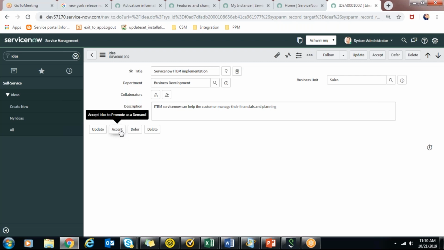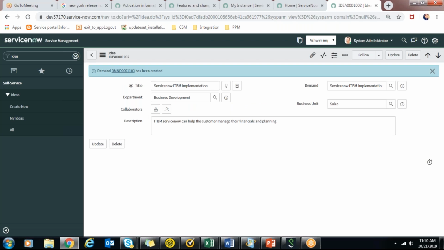If you hover over here, it says accept idea to promote as a demand. It should be done by a demand manager, so whoever has the it_demand_manager role can do that. A demand is created with respect to this idea.